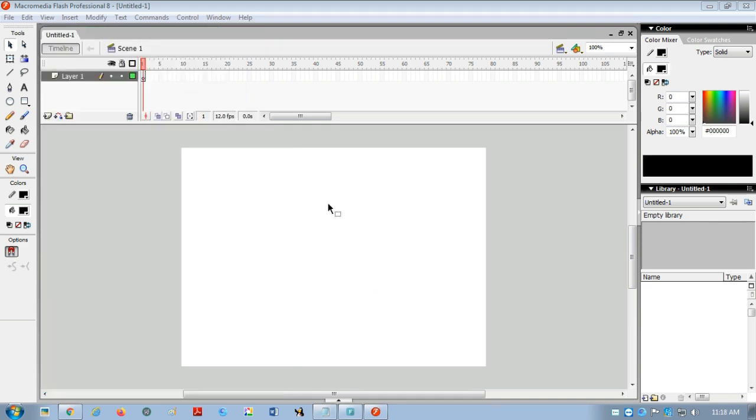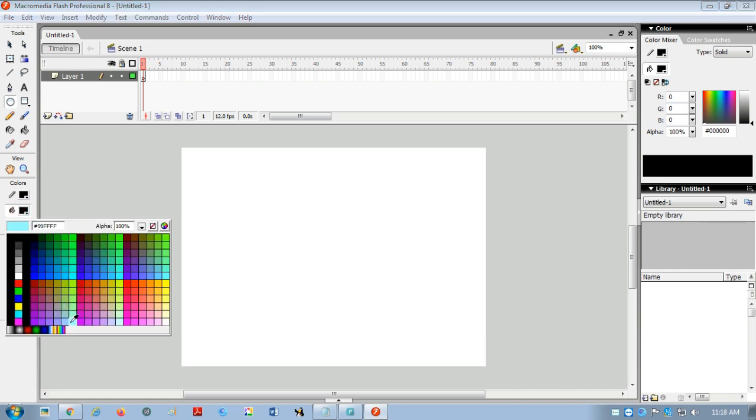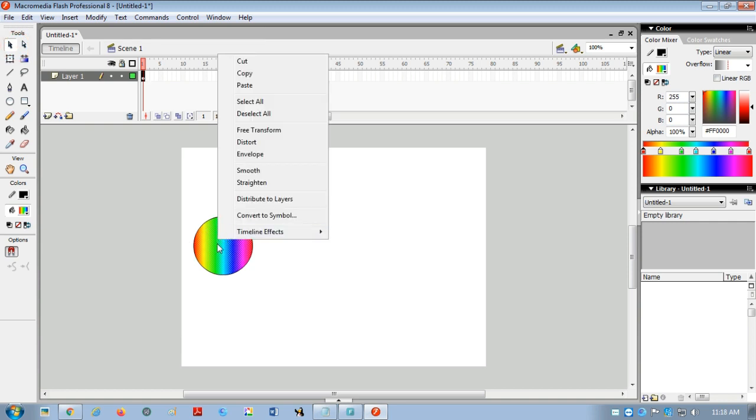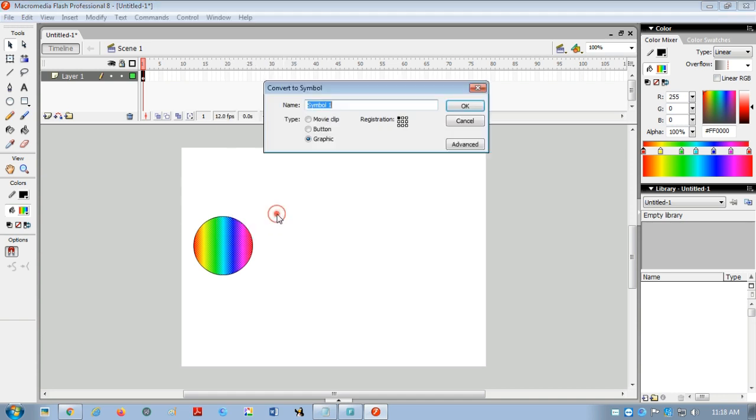Okay, let us start our project. First we have to take this circle and fill it with any color, say this one. Now I am making one circle here, and then you have to right click on this shape, click on convert to symbol and choose the graphic symbol.